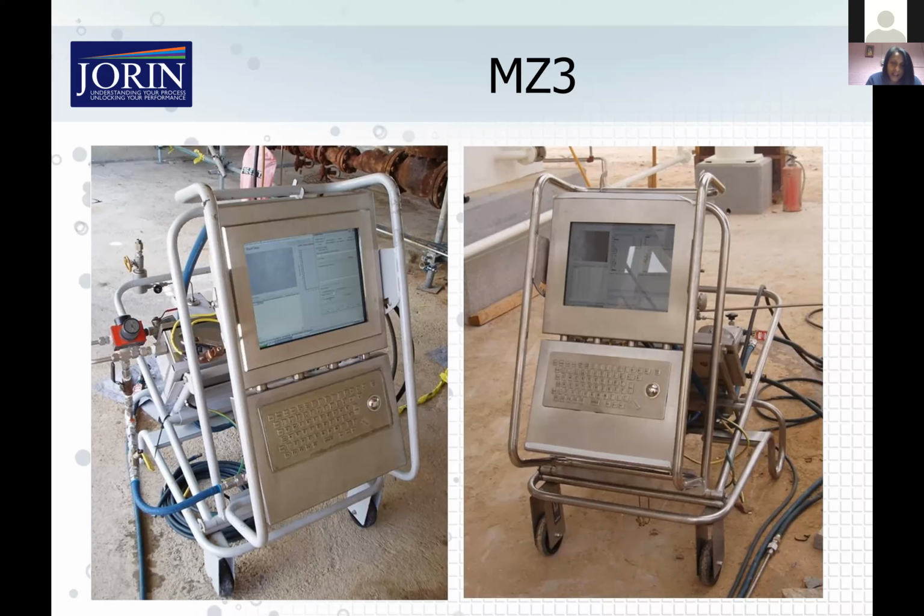one big box. The only downside to that was the box was a little bit heavy because of all the different components in it. So when you're on site and we had to move it around, that became a little bit cumbersome. So then we designed the MZ3. And the idea behind the MZ3 is that each individual component is modular. So it's still heavy in total, but it makes each individual part fairly light when you take it apart. So the computer is one component, the purge system is one component, the ViPA is another